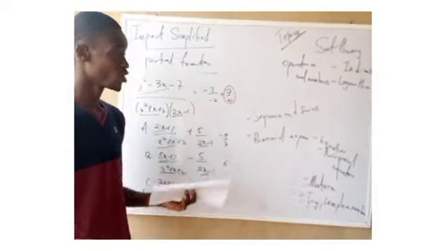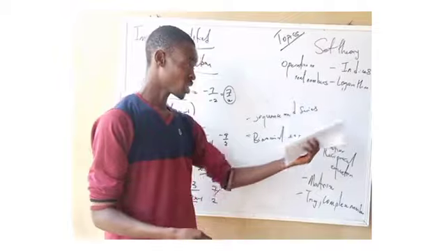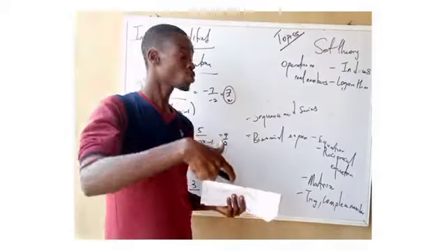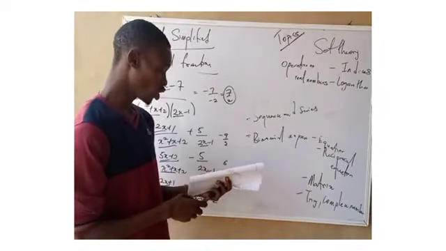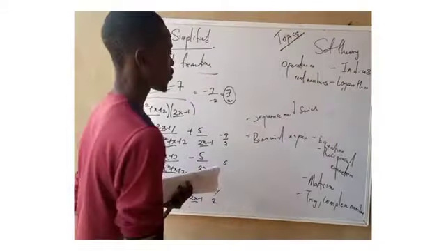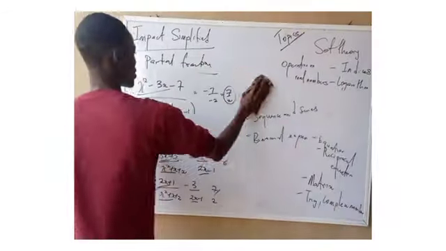So that means we are done with polynomial, because we said we have released polynomial in our subsequent videos. We are done with surd. We are done with partial fraction. Now, just within the space of time,